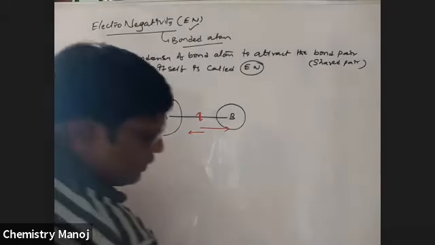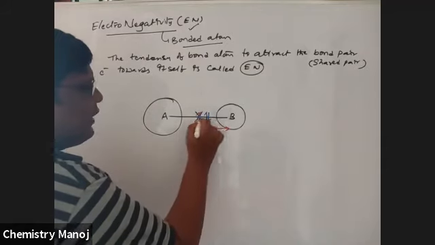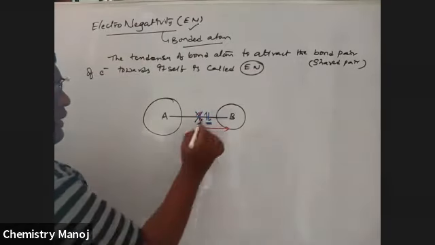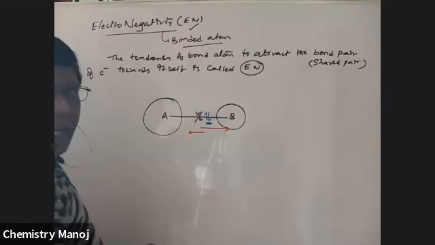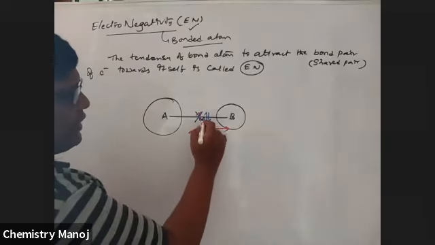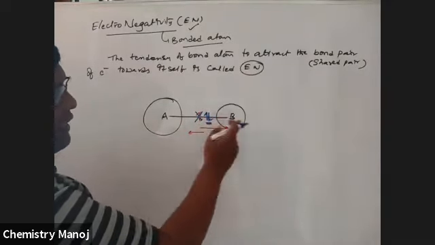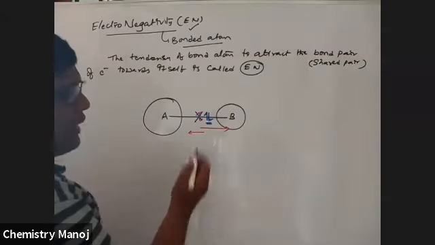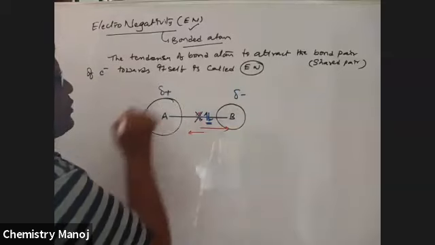Because of that, the new position of these electron pairs is like this. So not here, it is just like here. That means it is not completely entered into the atom. It is slightly moving towards that atom. Because of that, an extra electron. This electron is from B end. This is the extra electron from A end. That electron is also attracted by this B end towards it. Because of that, this B atom gets partial negative charge.